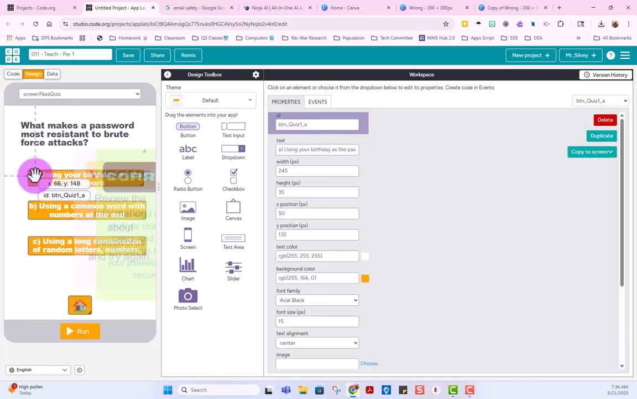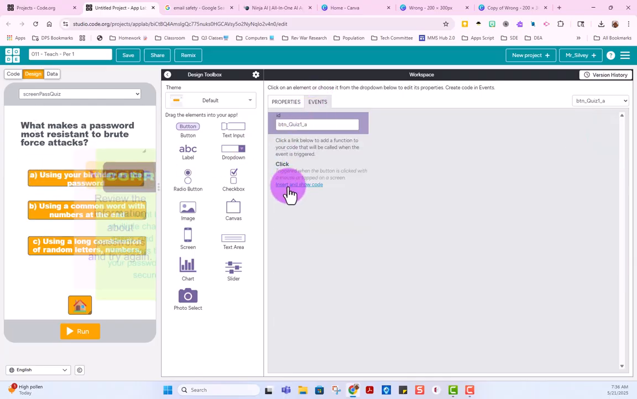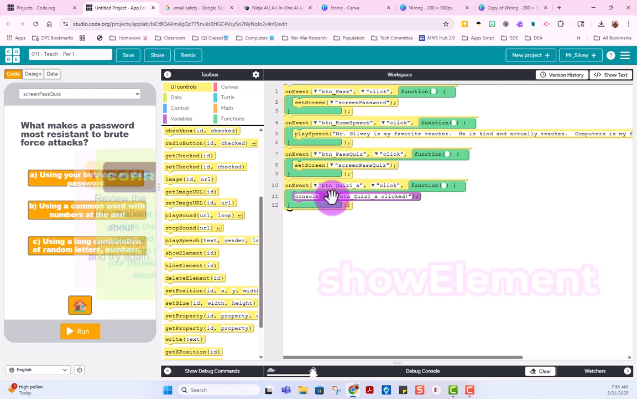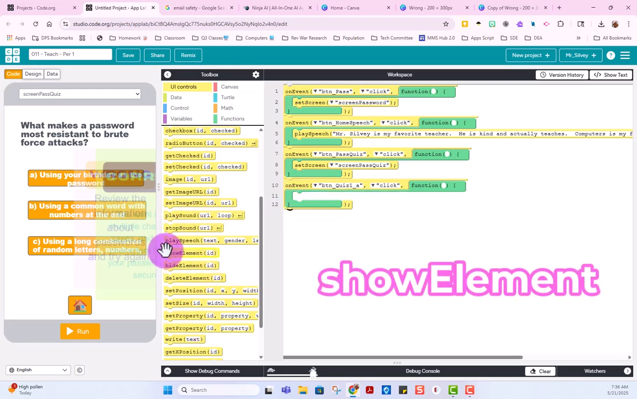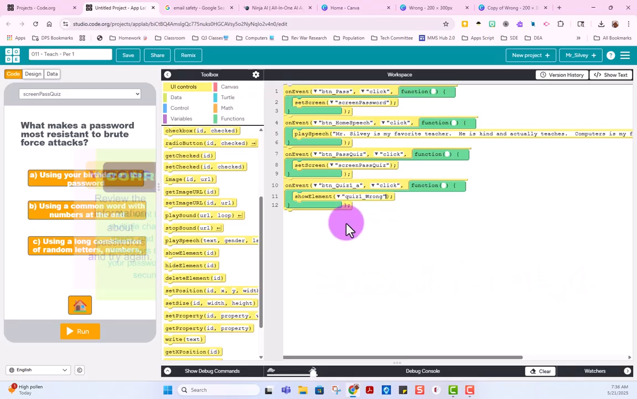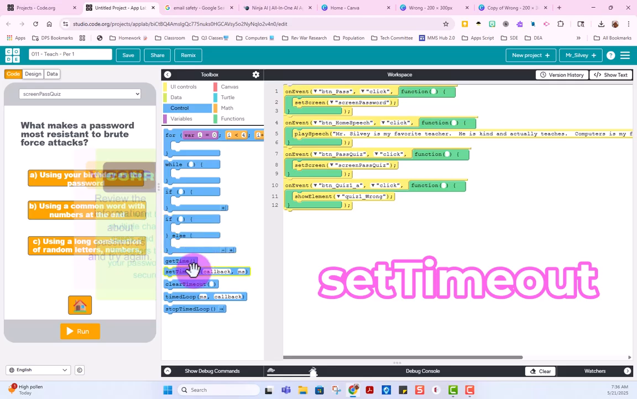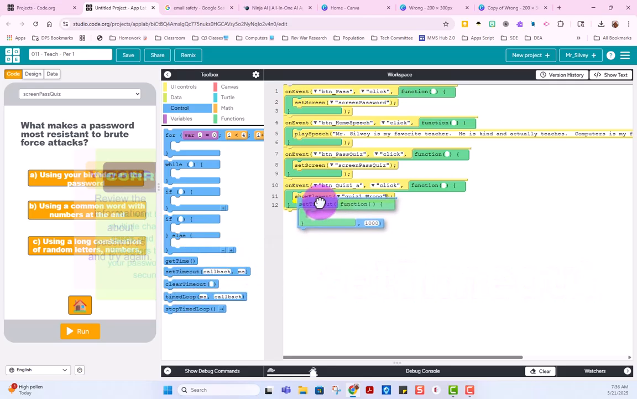This first button is going to be an incorrect answer. So I'm going to go to events, and I'm going to do the on-click event. So we have this event, and now I'm going to say show element when this is clicked. And the element is going to be the wrong response. And then I'm going to set a timeout feature. So I go to control, and then I find the set timeout, and I'm going to drag that in that